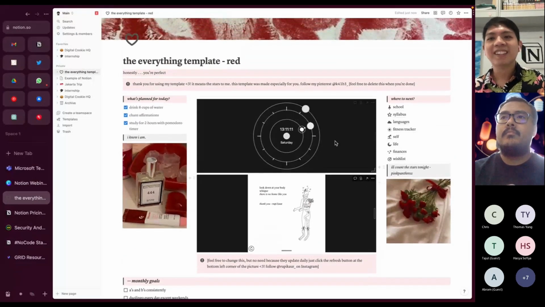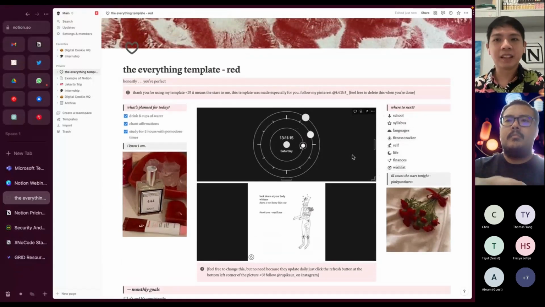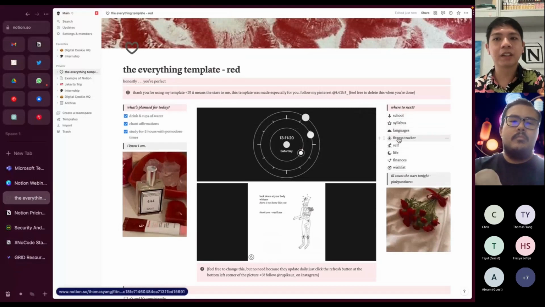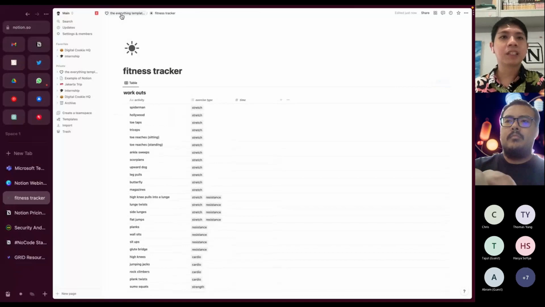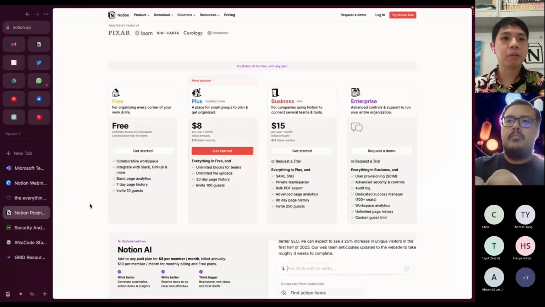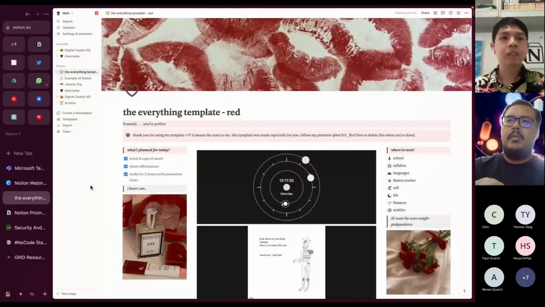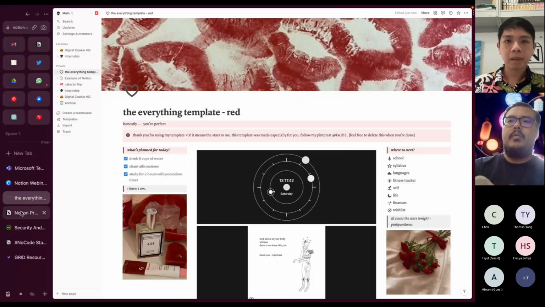I'm a bit older, so sometimes I can't relate to making such beautiful stuff. But for these people, they have these templates, and they use them for their schools, language learning, fitness trackers. You can click inside, and they have a list of how you can use Notion. This is one of the reasons why Notion is so popular among users: it's very easy to adopt and use for new beginners. As I go along, feel free to ask any questions and we can answer during the webinar.